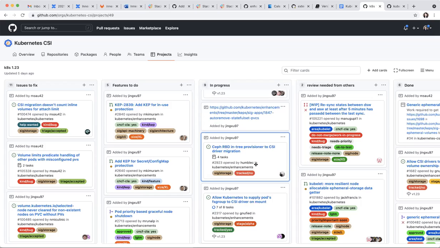We actually got the exception approved by the release team. But this is a different one. This is the SAF, and then there was the other one about Portworx. Last time Humble said they are in good progress, but I don't know what the status is right now. Java is in China right now, so let me see.